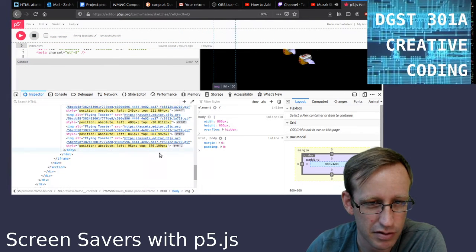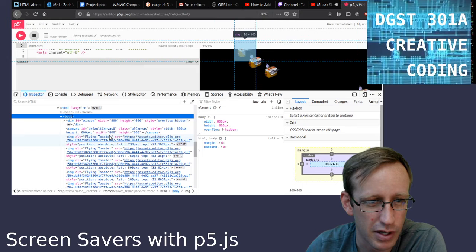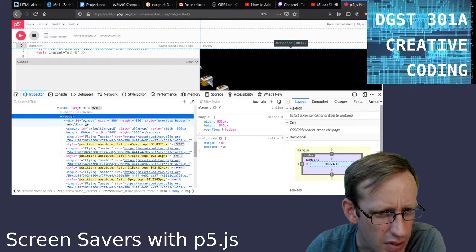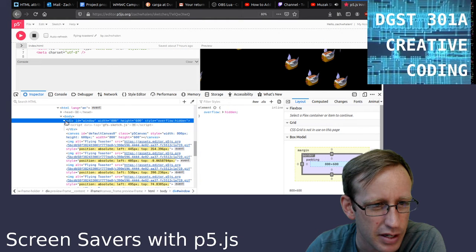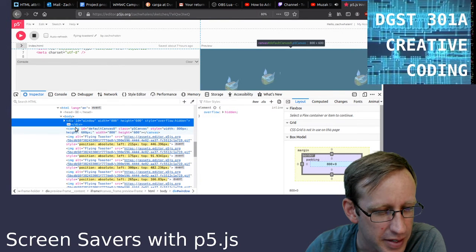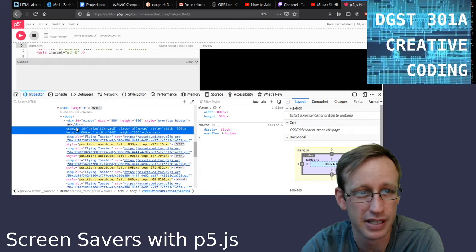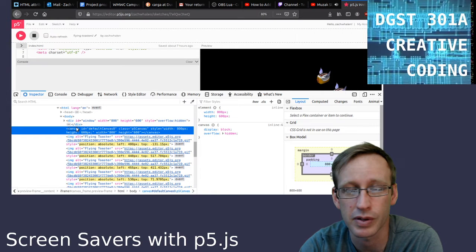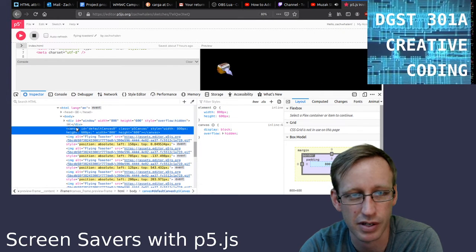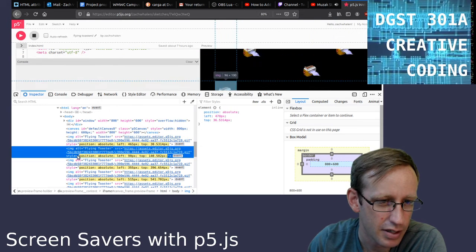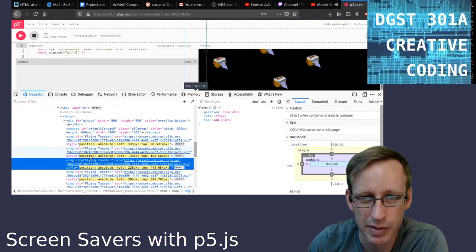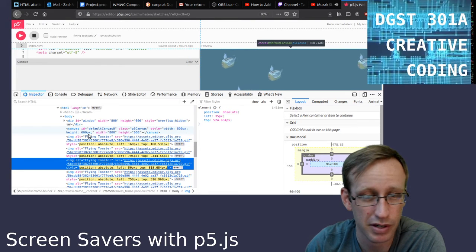I mean, that's a good way to do it, obviously, and it works. But the issue is that this div ID window, that's something I made up to try to solve this problem, and it didn't work. But this right here, canvas, that's the P5.js sketch area, that's the drawing area. So when you add something in draw, like ellipse or circle, whatever, that's the canvas that it's going to draw it on. Because these exist at the same level in the document object model, the toasters are going to appear